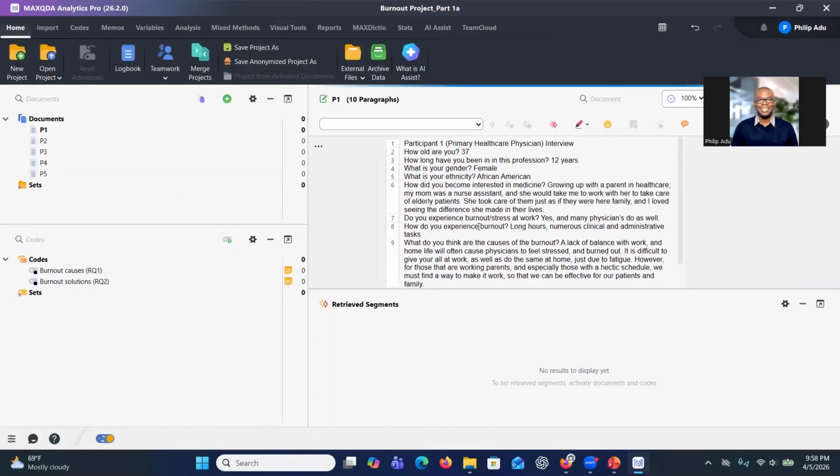One example is, let's say you are going through the data and then there's this statement, right? It's about lack of balance with work and home. So if you have this statement and you are not sure about a code, so a code is a label that represents the significant information. A code can be between 2 to 5 words representing the information that you have extracted and also addressing